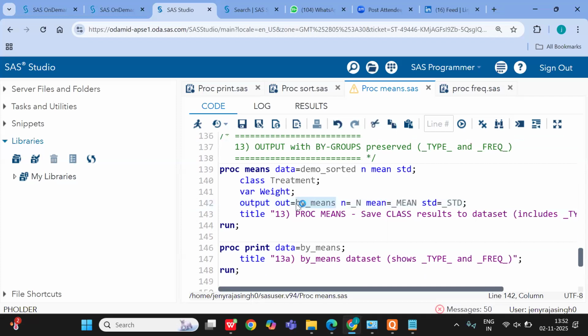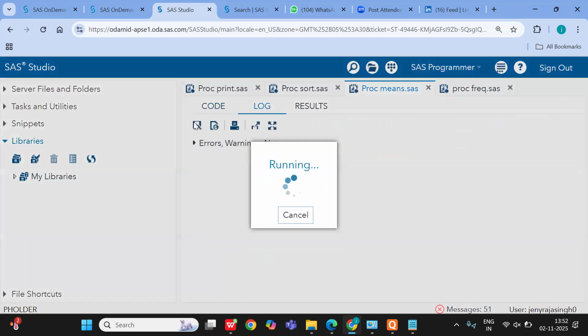So the output will be stored in the by means. And then we are giving n, mean, standard deviation, right? So three statistics will be calculated for this data. If you want to rename the variable, n equal to slash n and mean equal to slash mean, standard deviation equal to standard, the output will be displayed in the